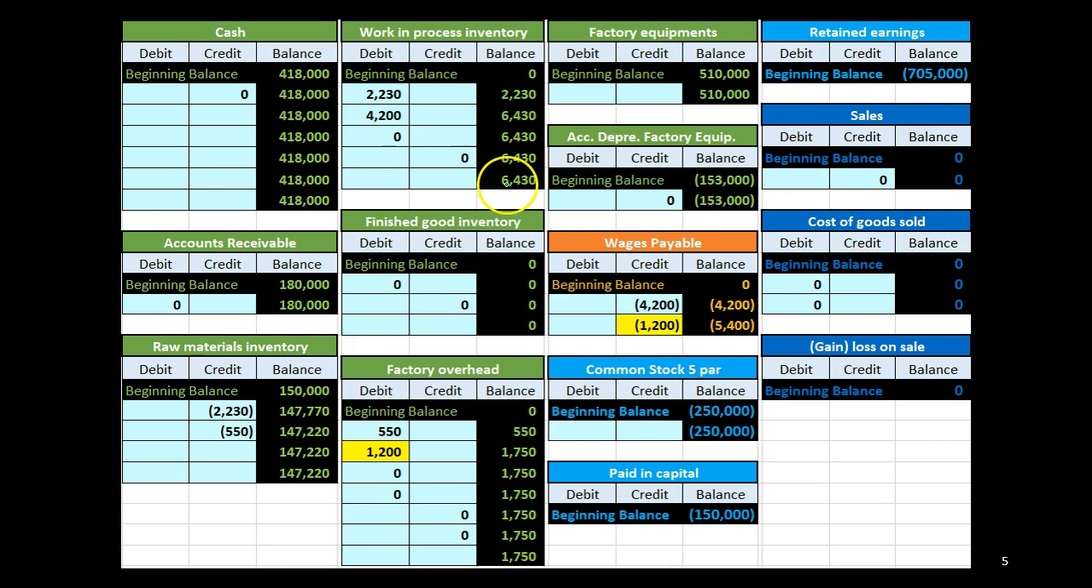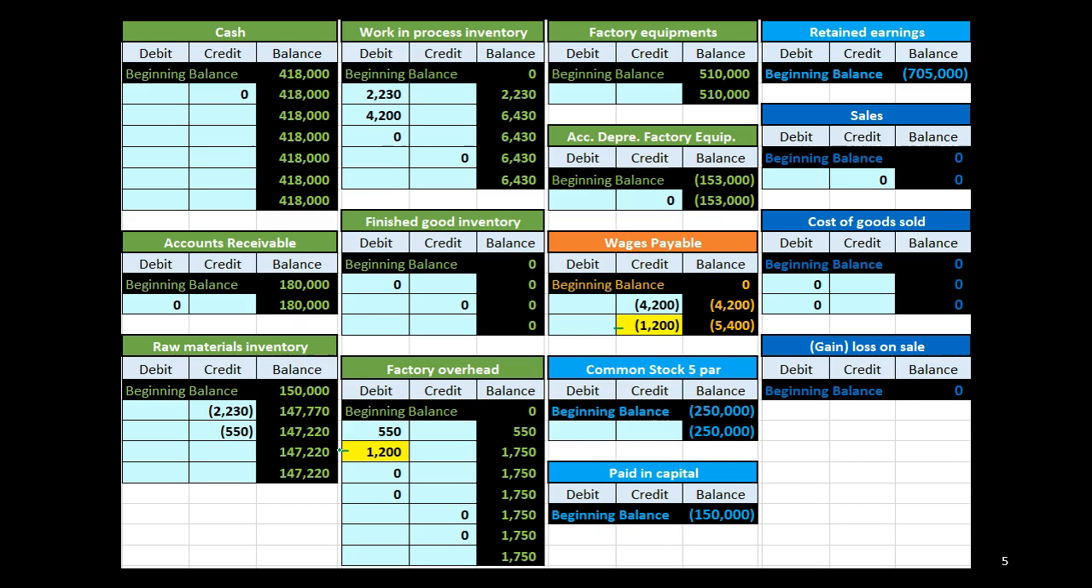Next thing that happens, wages. Again, we're crediting it, but this time not debiting work in process, but factory overhead. Same thing, we're thinking like we're processing payroll. Instead of crediting cash, we're crediting wages payable because we haven't paid it yet, a liability account, bringing the liability up from 4,200 by 1,200 to 5,400. The debit is not going to wages expense, not going to work in process as it did before, but going to factory overhead